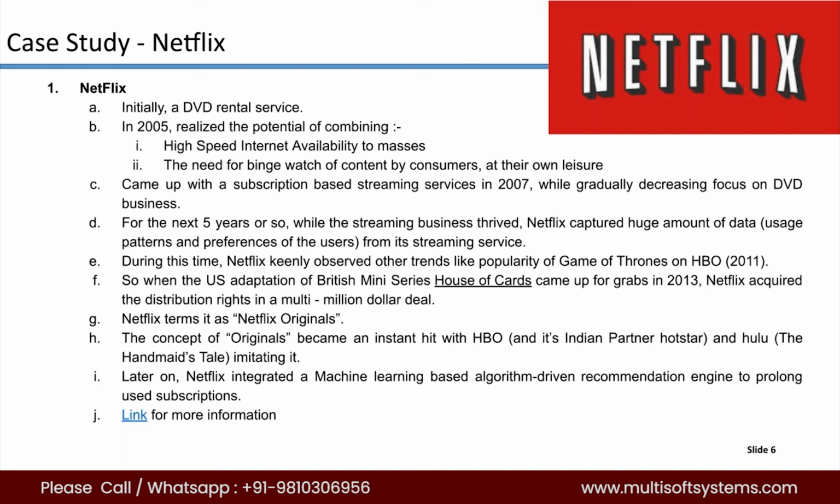In 2013, Netflix had only one original. That was House of Cards. After that, Netflix itself came up with thousands of originals. The meaning of originals is any content which is proprietary to that particular service. So apart from Netflix, nobody else can use House of Cards, until the production house breaks the deal with Netflix and comes up with something. They spent multi-millions only for buying the production or telecast rights of House of Cards. Imagine how much money people put in, right?